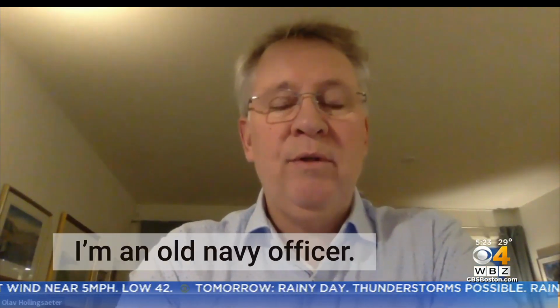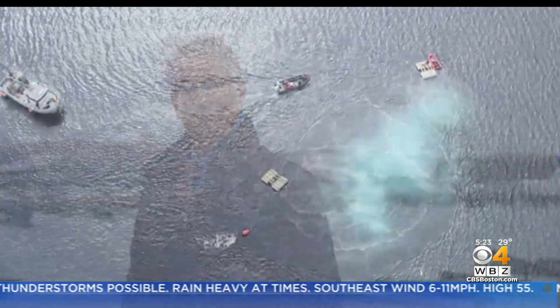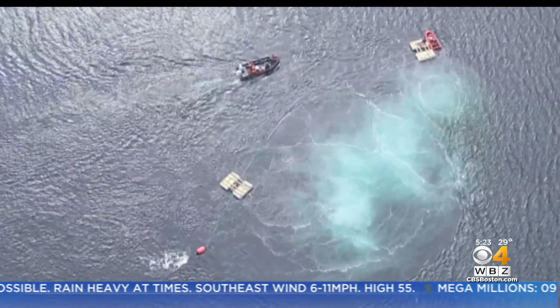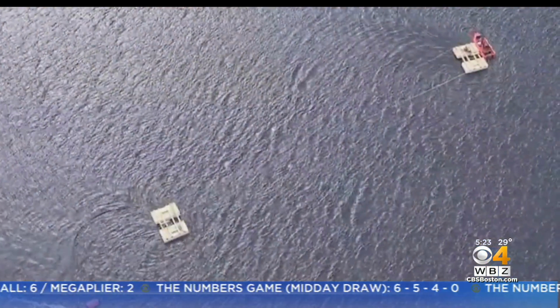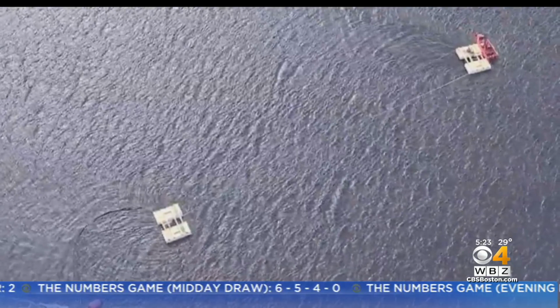I'm not a meteorologist. I'm an old Navy officer. Olav Hallingsater, a former Norwegian submarine officer turned hurricane hunter, is bringing Norwegian winter technology to warm Atlantic waters. In Norway and also in Canada and other cold areas, we are using the bubble curtains to lift up in the winter. The bubble curtain Olav is referring to is an artificial operation that works to mimic a natural process